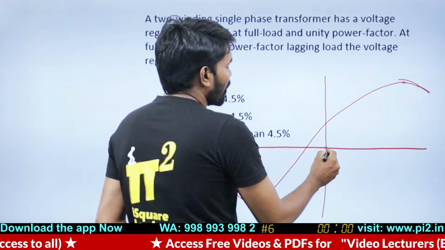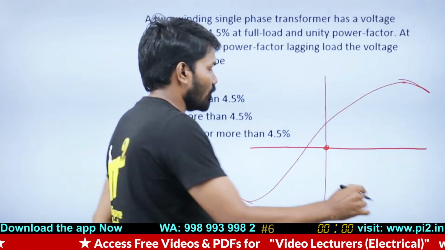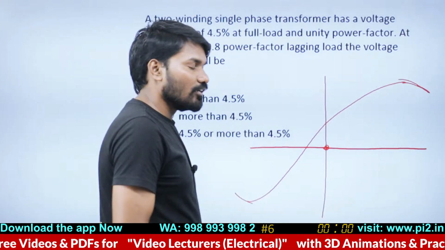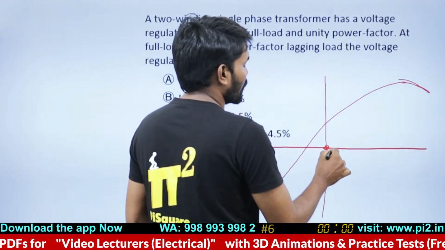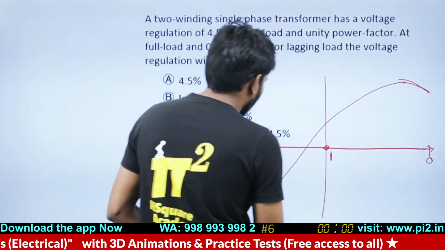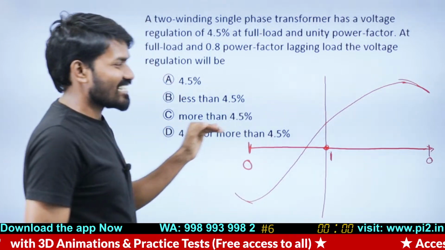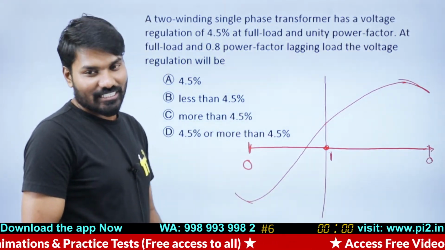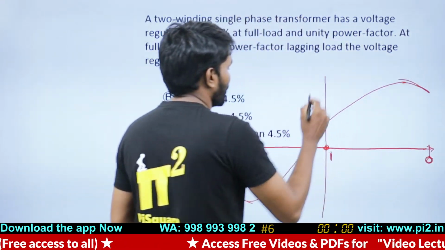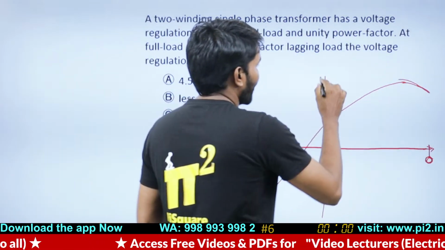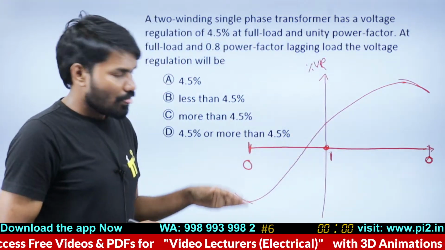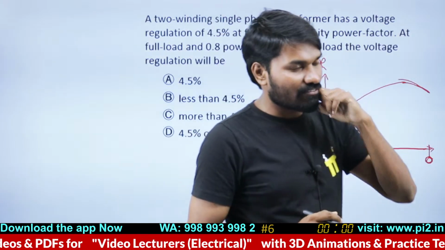What's the power factor here? In the chat, everyone. This power factor is unity power factor. Not 0 here, this is unity power factor. This is 0, this is also 0. Don't take your regular x-axis. It is the voltage regulation axis. This is 0 power factor, lagging or leading. The x-axis is power factor and the y-axis is percentage voltage regulation. If you know this curve shape, the shape itself will solve a lot of questions.